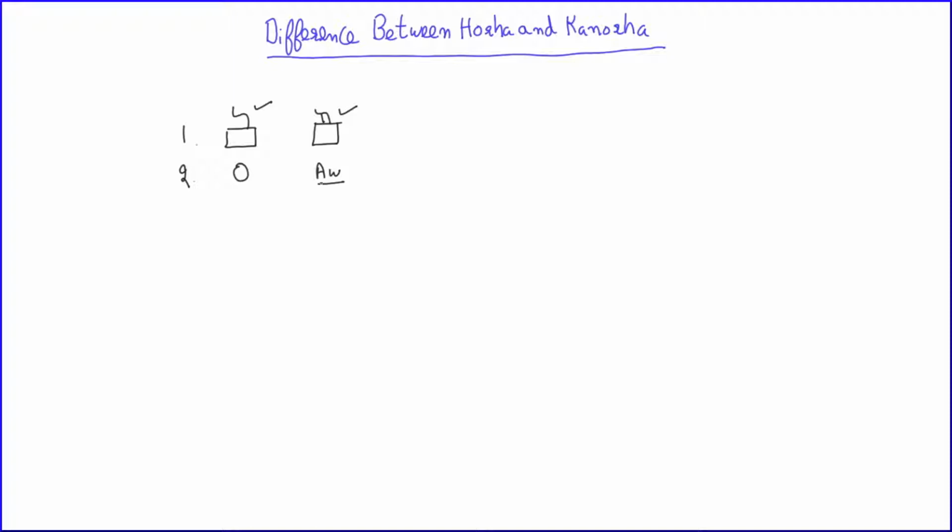So these are the two things that we have to remember. First thing is that Hoda and Kannada both are the matras that we have to put on the top of the letters. Second one is the sounds of the Hoda and Kannada. Hoda is going to give the sound of O and Kannada is going to give the sound of A. Now let's talk about some of the letters in Gurmukhi and attach Hoda and Kannada to see how the sounds change when we attach them. Let's do that in parallel.